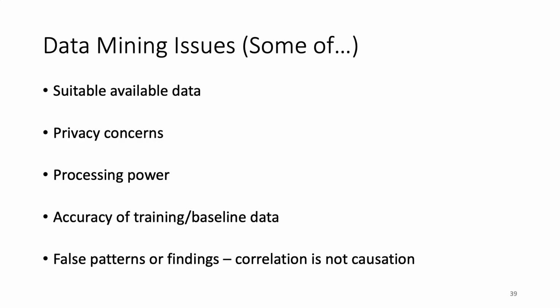So some of the issues that we face when data mining widely is having suitable available data at all. Have we got data in sufficient detail, in sufficient quality, with sufficient levels of granularity to actually allow us to answer the question we've got? Increasingly, we also face privacy concerns. It's not uncommon now for privacy to actually be people listing as the number one issue in terms of their concerns